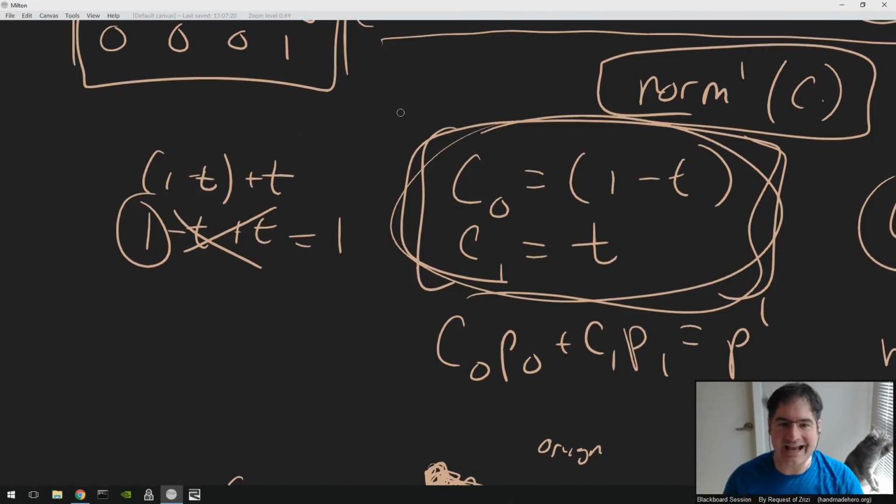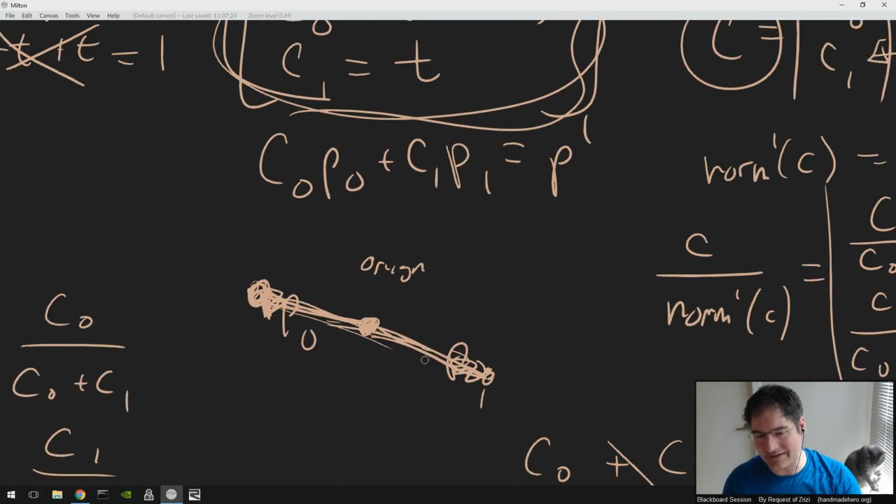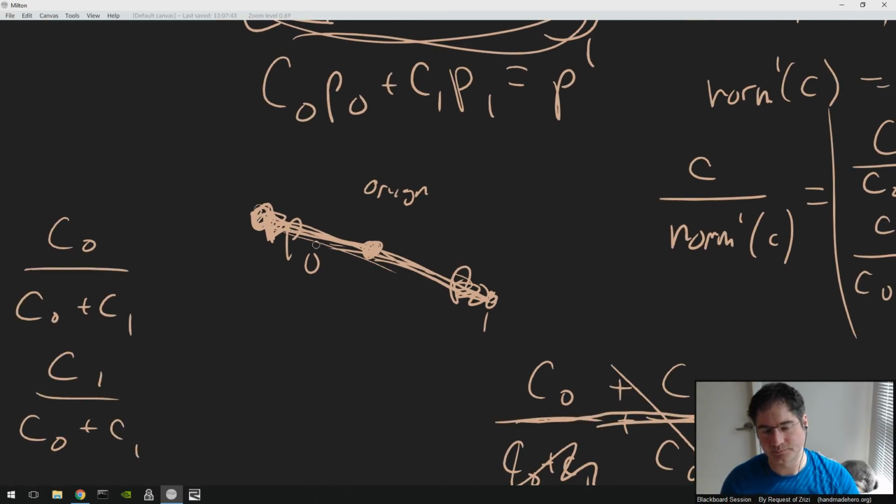And again, I should say I'm talking a little bit more about the absolute value version of the one norm, because technically I could set the weights on C0 to something negative, which would offset the amount of P1 and so on, right? I don't really want to talk about weights that are negative just yet. So for our intuition, let's keep these as just positive coefficients for right now, but we can talk about negative ones a little bit later. All right, so I can't really ever get out of this cage from where I start,